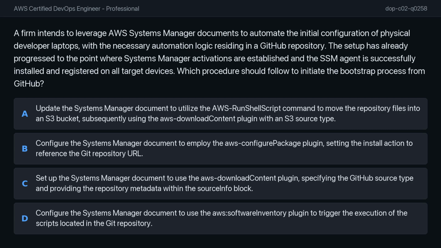Option A, update the Systems Manager document to utilize the AWS run shell script command to move the repository files into an S3 bucket, subsequently using the AWS download content plugin with an S3 source type. Option B, configure the Systems Manager document to employ the AWS configure package plugin, setting the install action to reference